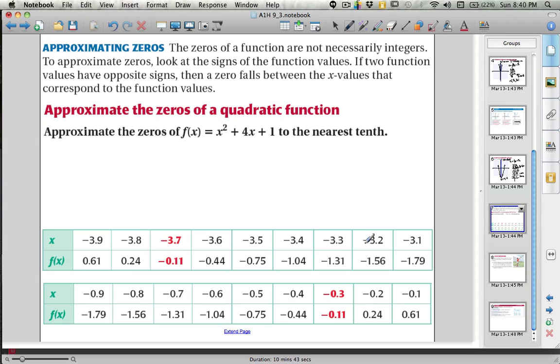And there are other ways to go about solving this function, like throwing it into a graphing tool and finding the x-intercepts. But if I'm working with a table like this, I can tell that the 0 lies between here. Here I know that the output is positive, so it's above the x-axis, and here it's below the x-axis. So somewhere between negative 3.8 and negative 3.7, there was a solution. But because they wanted the nearest tenth, I see that this value is closer to 0 than this value, so